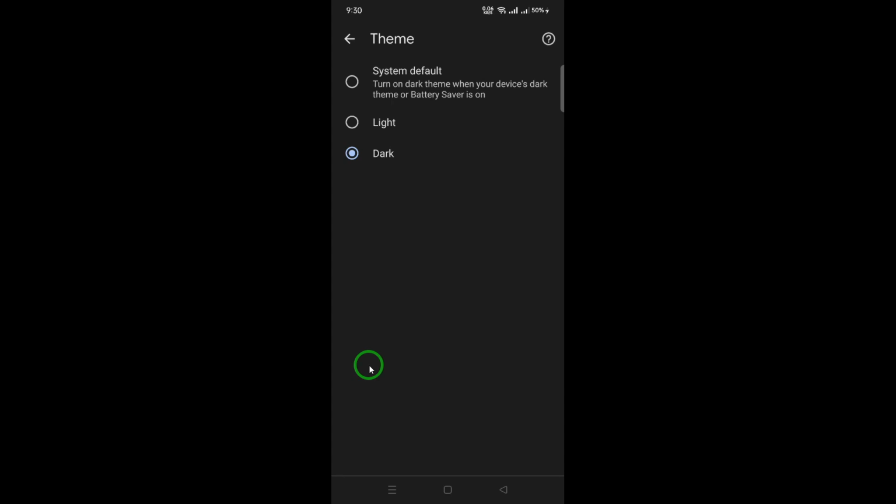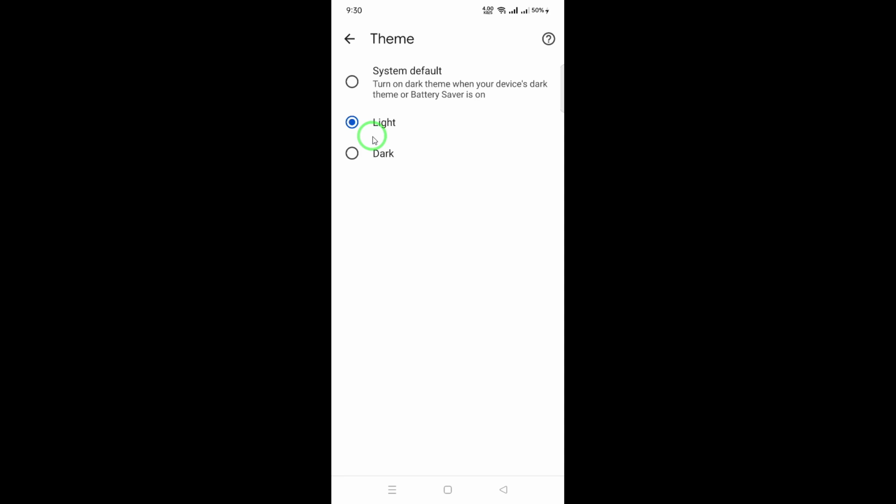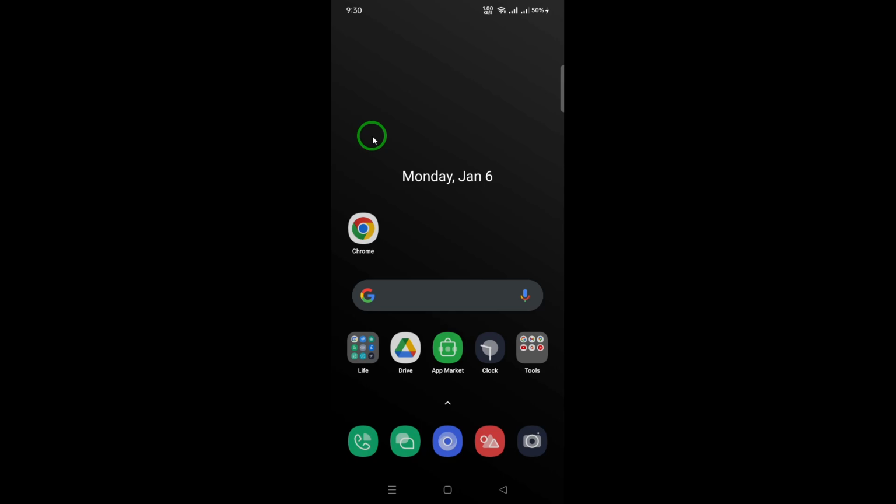To disable dark mode, simply select the option labeled Light. This will change your browsing experience back to a brighter interface. Finally, after selecting Light, you can close the Settings tab. Your changes will take effect immediately, and you should now see that dark mode has been successfully disabled in Google